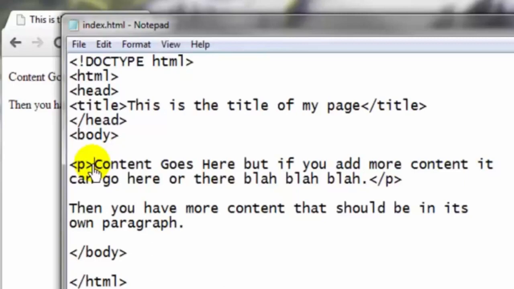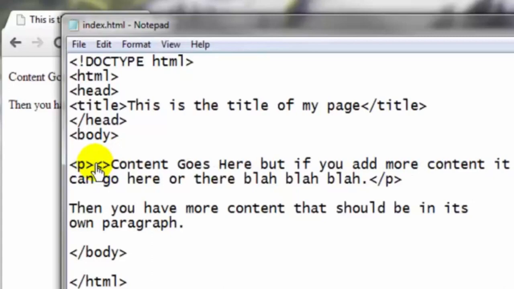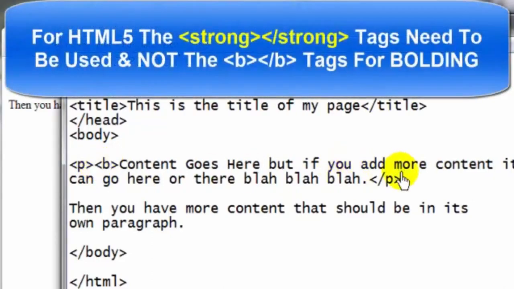Some browsers, like, for example, on your smartphones or your tablets, they might get confused and just not show it properly, the way that you want it to be shown anyway. And that's where properly coding your nesting tags will come in handy. So here we've got B for bold, and they have to be in exact opposite order. So it's PB, so to properly nest this, it must be BP,